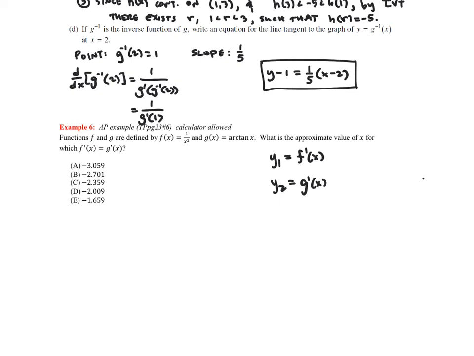And you could do that in a couple different ways. You can manually find the derivatives. So f prime of x is negative 2 over x cubed, and g prime of x is 1 over 1 plus x squared. So you could input those in for y1 and y2, or in y1 you could put math 8, and then in for that put 1 over x squared,